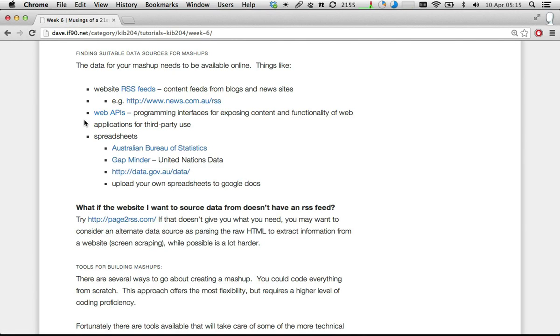So API stands for Application Programming Interface, and these are even more flexible interfaces for retrieving data from various different web resources. So you'll find a lot of the big social websites have APIs for accessing their data, and one we'll look at when I do an example is the YouTube API for searching videos, but there's lots of them as well. If you actually click on this link,